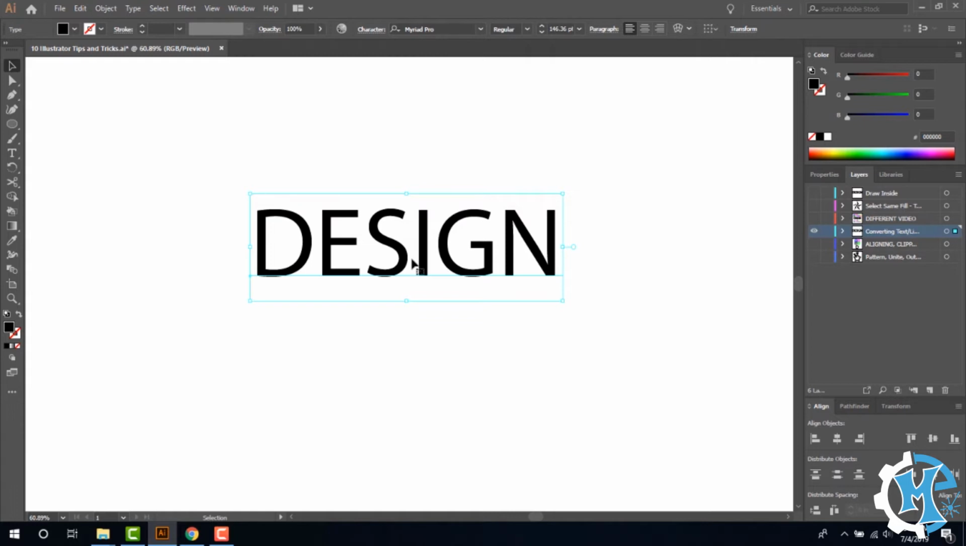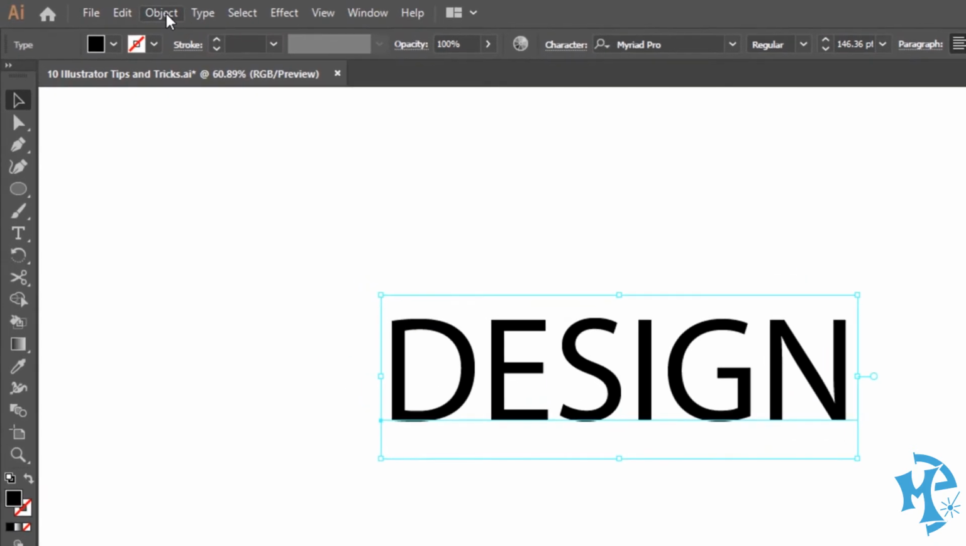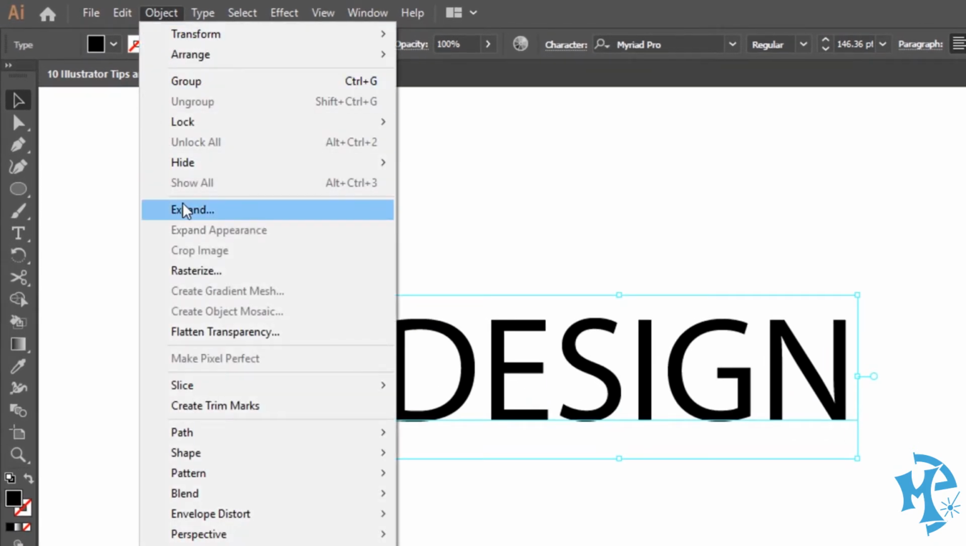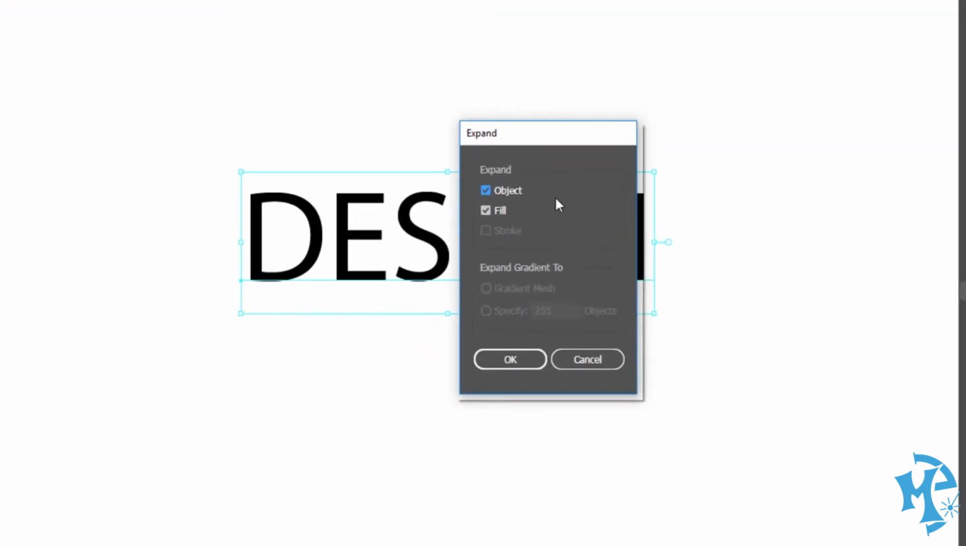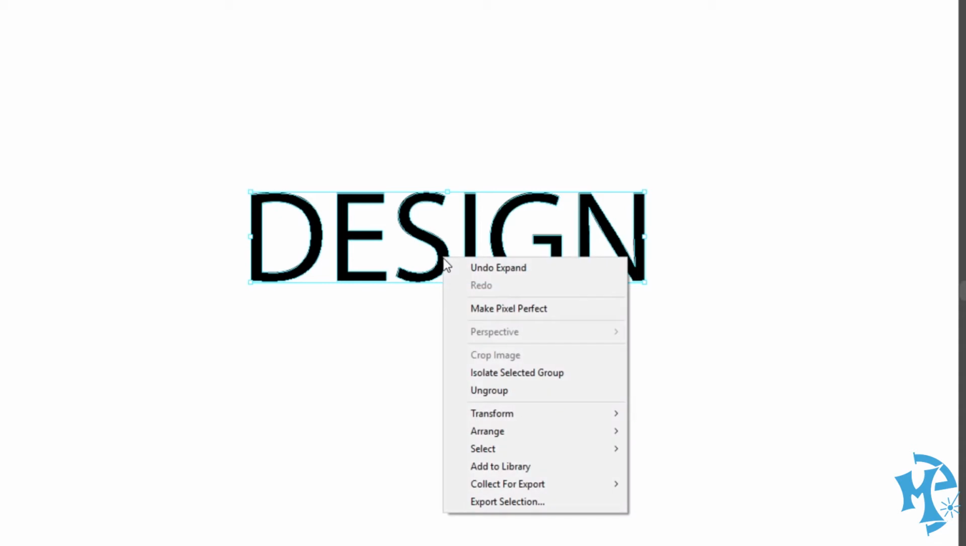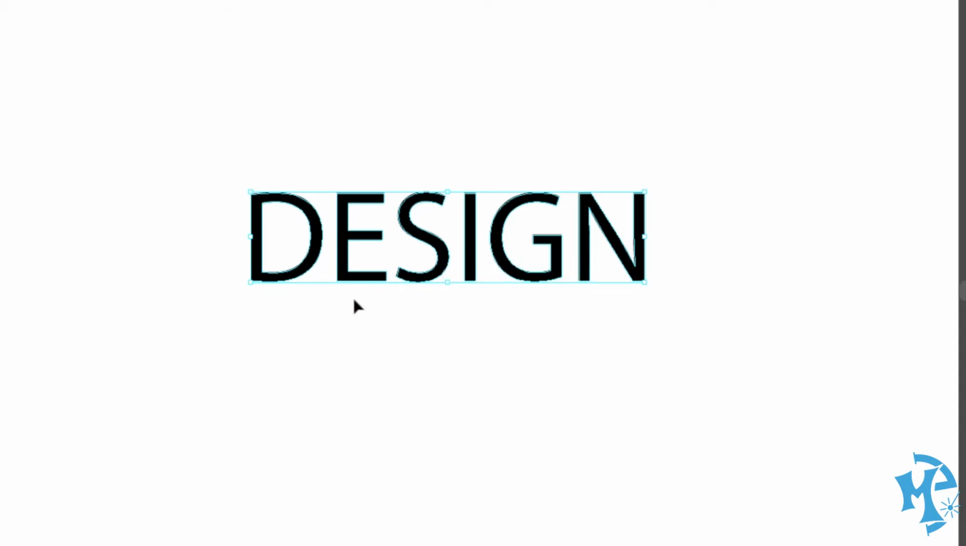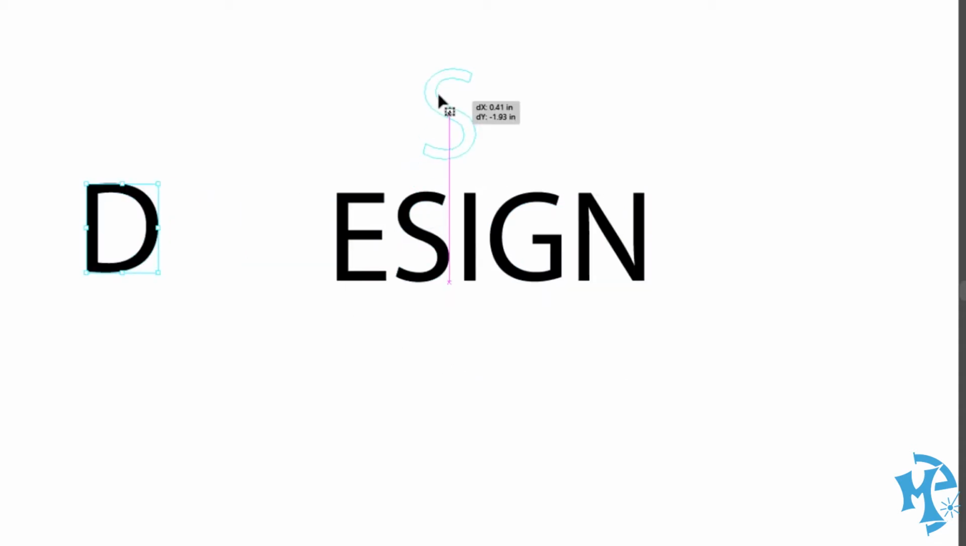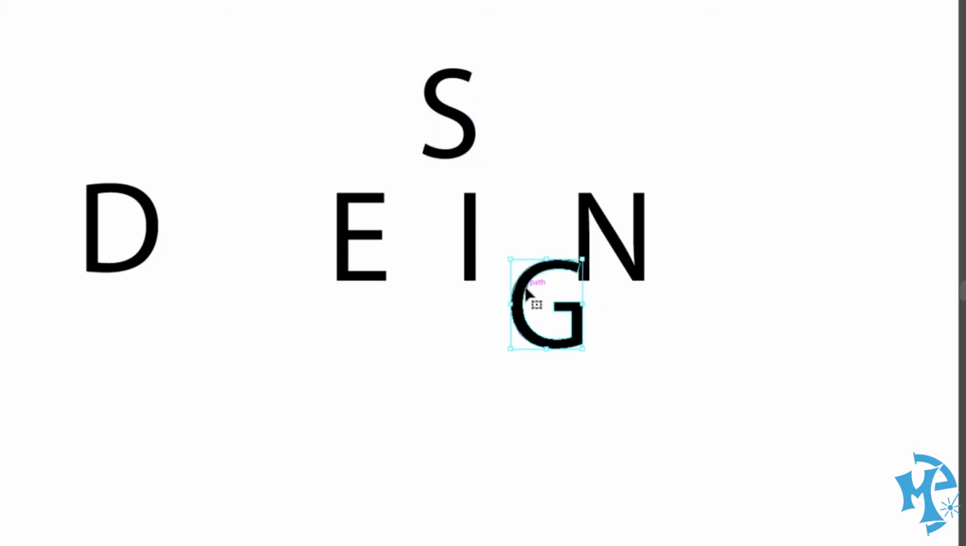To do this, I'm going to select the design, go up to Object, and click Expand. Once I have Expand, I'll see Object and Fill, and click OK. This will then convert it to separate actual objects that are grouped together. So if I want to right-click this and ungroup it, I can actually drag these apart and use them completely